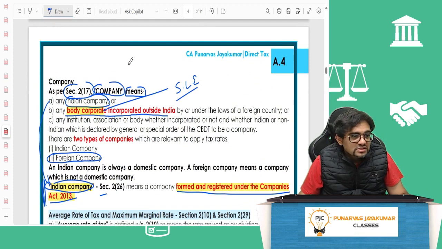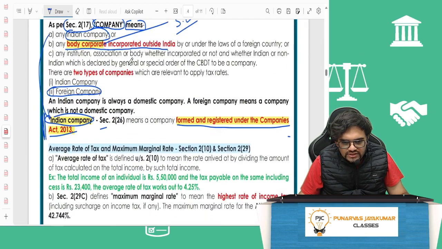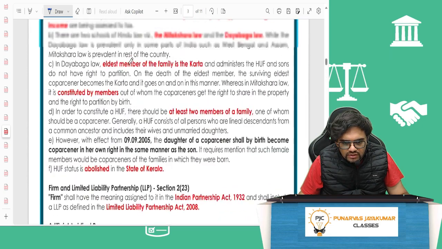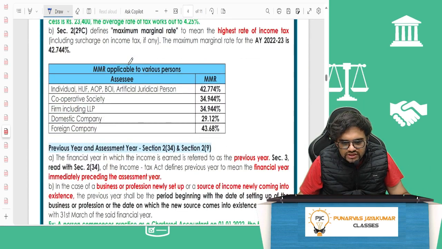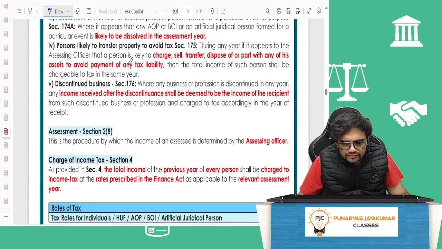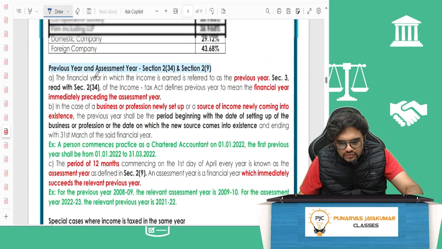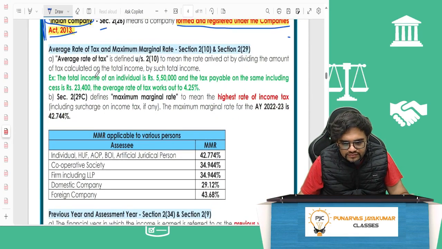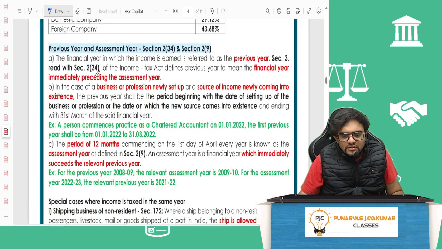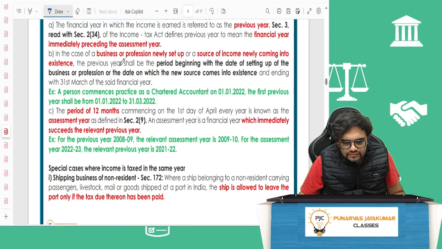Then immediately after this, PGBP, profit and gains from business or profession. Just a couple of points and then we will take a short break, 5 minutes, just for you to cool down and chill, and then again we'll start. Hold on. You see, page A4. This part yet to do, we'll do it. Previous year assessment here we had done. Okay. So guys,